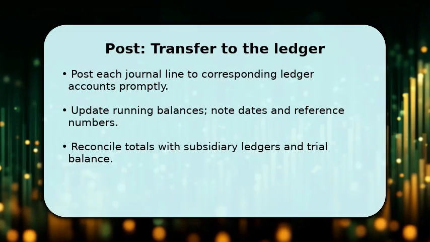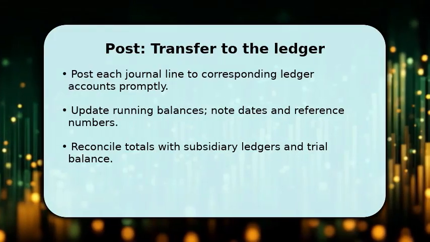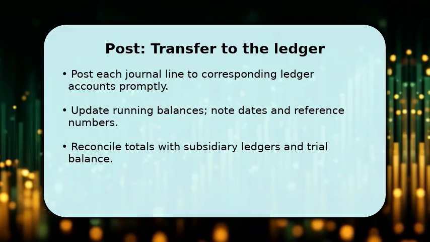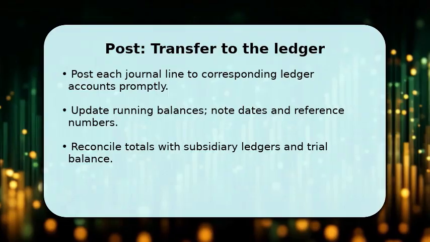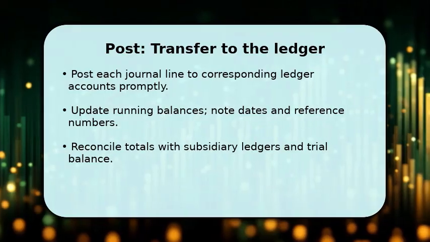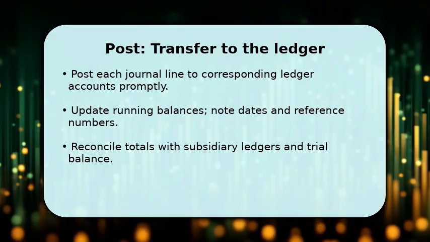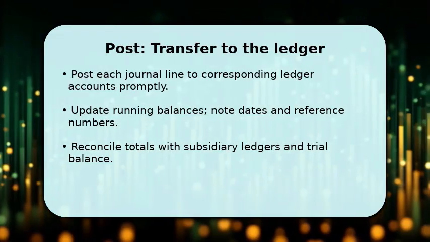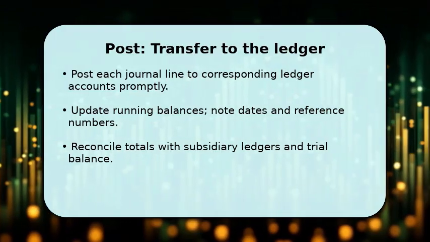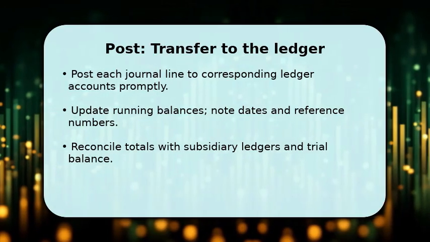Next, you post journal entries to individual ledger accounts, which organizes transactions by account for analysis. Post amounts to debit or credit sides, update running balances, and include the journal reference so you can trace back if needed. Once posted, use transitional checks. Compare ledger totals to journal totals and spot mismatches right away. Make sure to reconcile with subsidiary ledgers, accounts payable, receivable, so your trial balance will tally and you avoid compounding